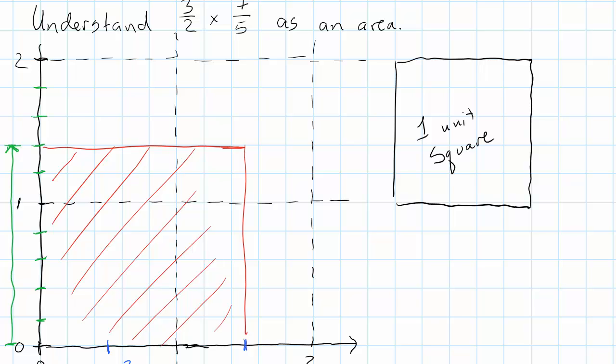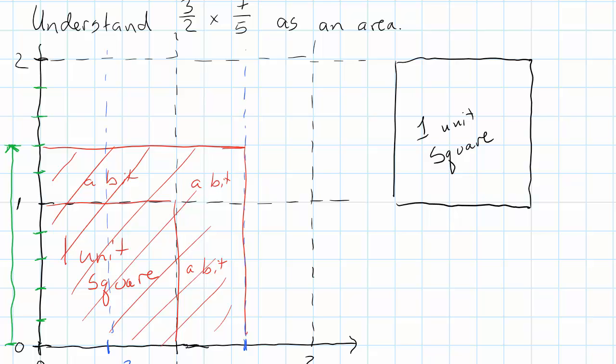Okay, well, looking at this picture, we see that there's one whole unit square and a bit. Right. How do we figure out what fraction these little bits represent? Well, look at how our unit square is divided up. Extending the 1/2 marks upward and extending the 1/5 marks to the right, and getting rid of some of the red so we can see what's going on more easily,